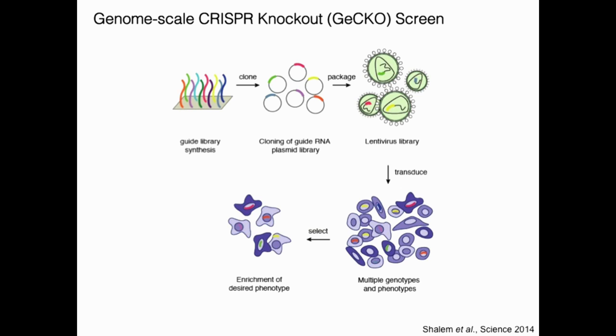So here I want to introduce in a little more detail the concept of doing these genome-scale screens with Cas9. And the idea is you can synthesize a massive oligo array of up to 100 or 200,000 different guides. And you can pool these guide RNAs into a lentiCRISPR plasmid and package it in pool into the lentivirus. And the idea here then is you do a low MOI transduction into your cell line of interest so that on average,